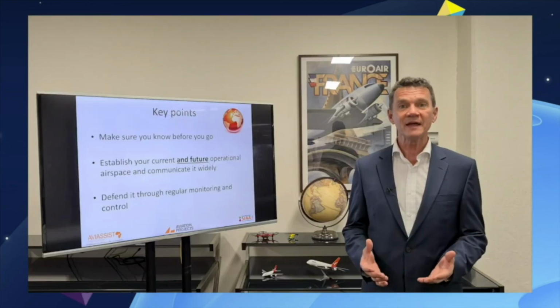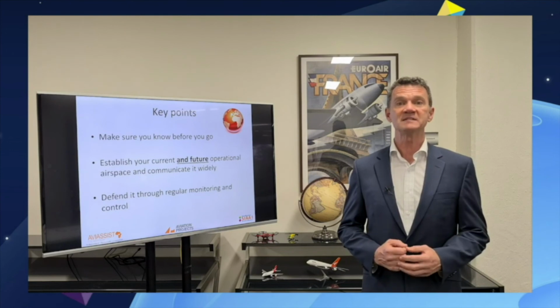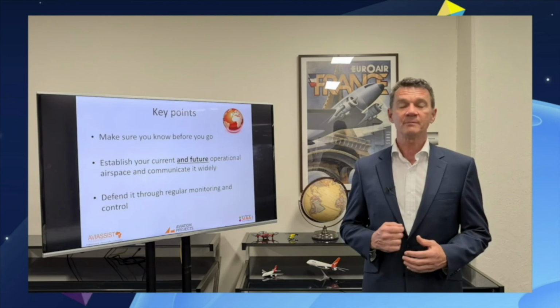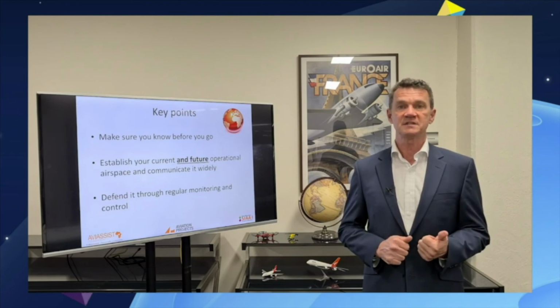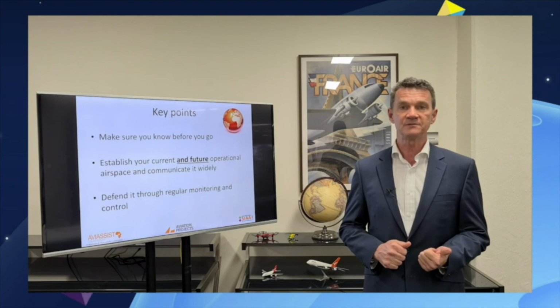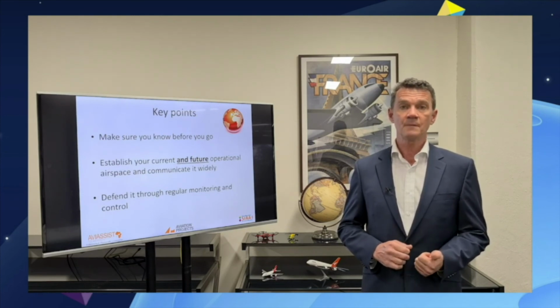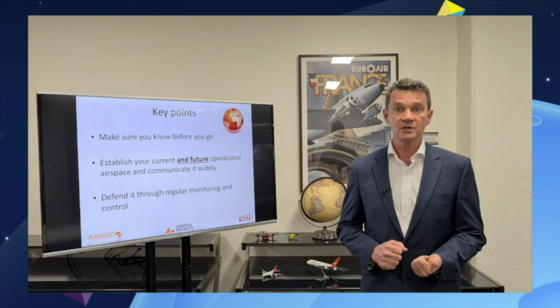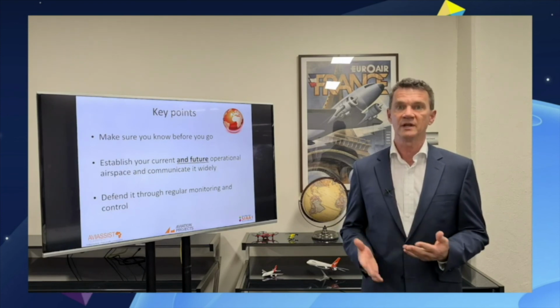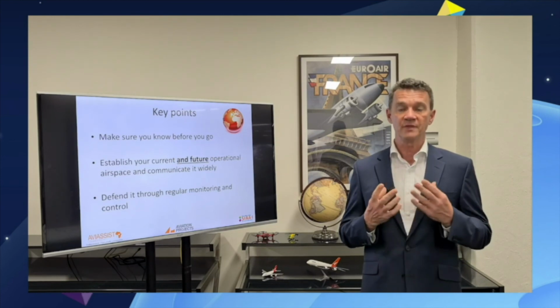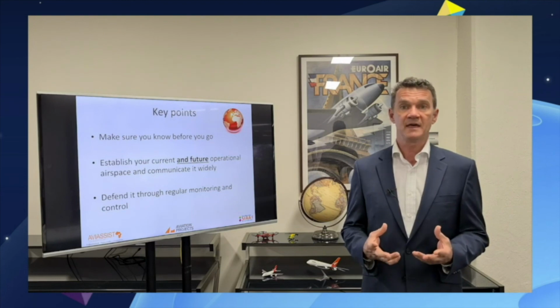So to wrap up then, today we've talked about operational airspace and why it's so important for safe and efficient aircraft operations. We've talked about the fact that obstacle limitation surfaces are for visual flight and extend to 15 kilometres from an airport, and PANSOP surfaces are for instrument flight and extend to 55.6 kilometres from an airport. We've looked at some of the things that can go wrong. We've looked at how you can make sure that you check for obstacles through visual inspections and ongoing reviewing. We've talked about how you can make sure the information is communicated widely to the aviation community so that they